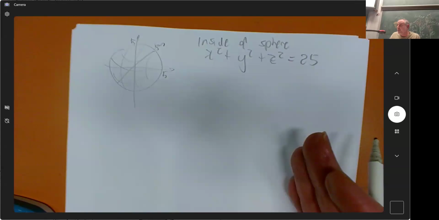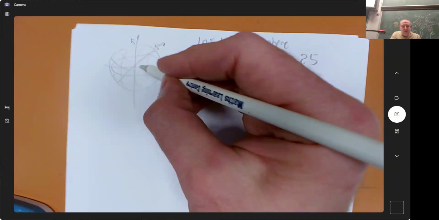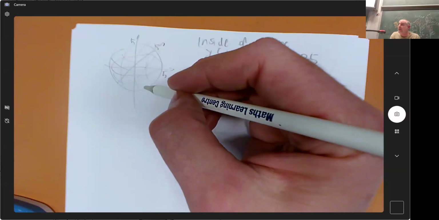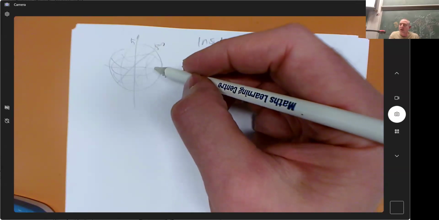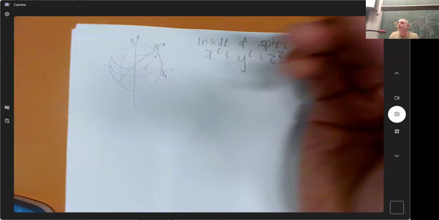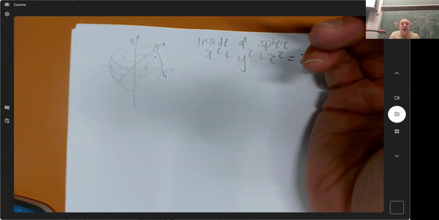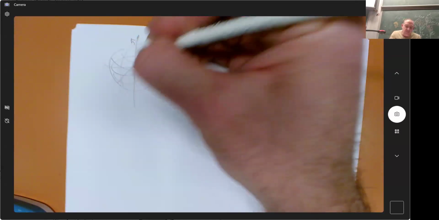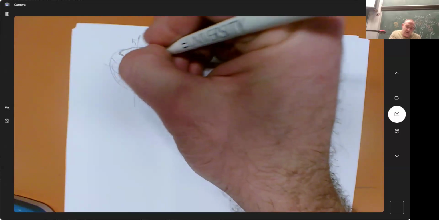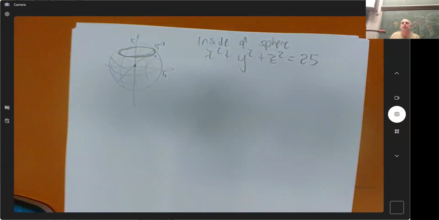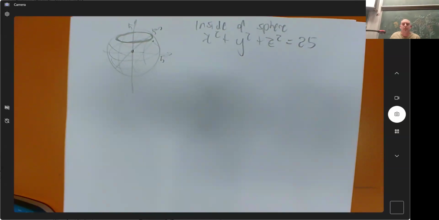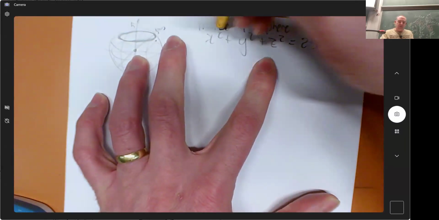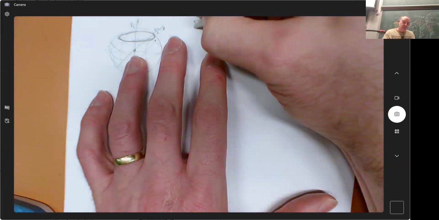Now, you could, if you wanted to, locate an x, then locate a y, and then locate a z. That would get very frustrating because all of your answers for x, for y, and for z would involve square roots. So there must be another way by thinking about this as being made of circles. What you can do is imagine a circle at a specific height. First, instead of the inside, I'll do the surface of a sphere.